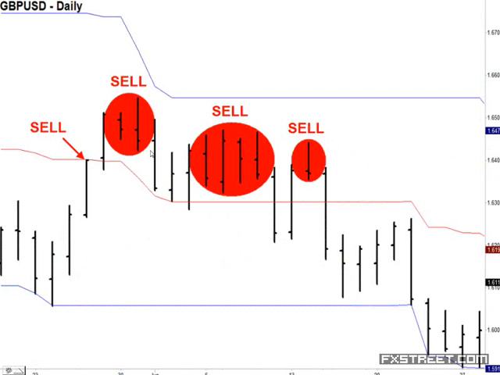Here we have the British pound in a daily time frame. All three lines are headed lower. Even though we have a nice sideways line, it's coming from a higher place, so all three are in a lower directional move. You could have had an aggressive sell entry right here, or if you're more conservative, you would have waited for bars to be completely above the midline, as they are right here, and then trend finally resumed going lower. Now we're looking at daily bars.